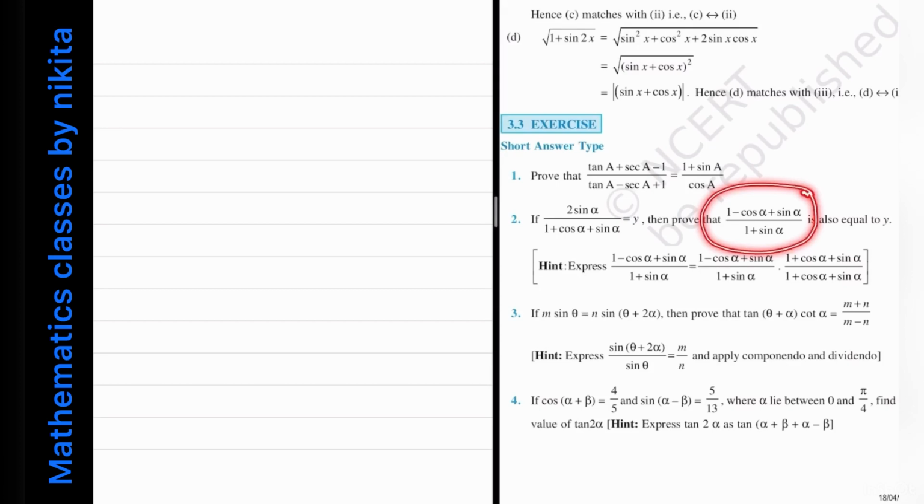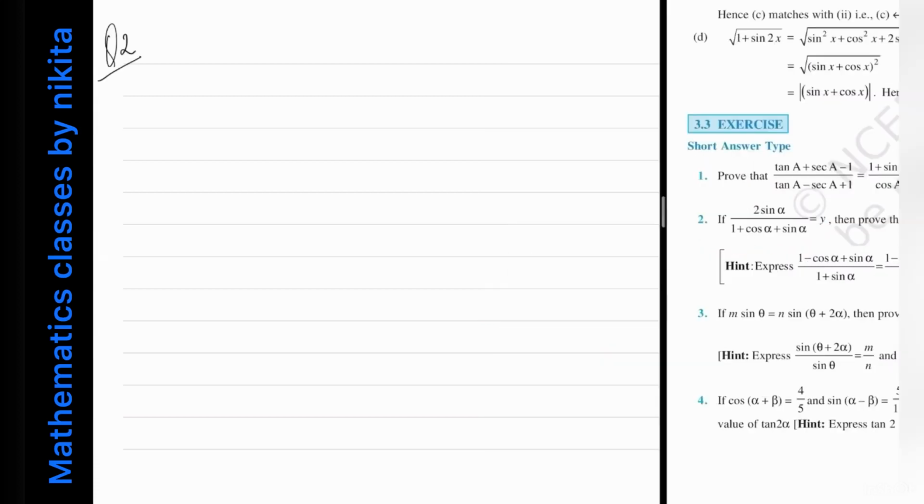And ultimately we will reduce this expression to y. So let's see what is given to us. It is given that 2 sin alpha divided by 1 plus cos alpha plus sin alpha is equal to y, and you have to prove that. So to prove that